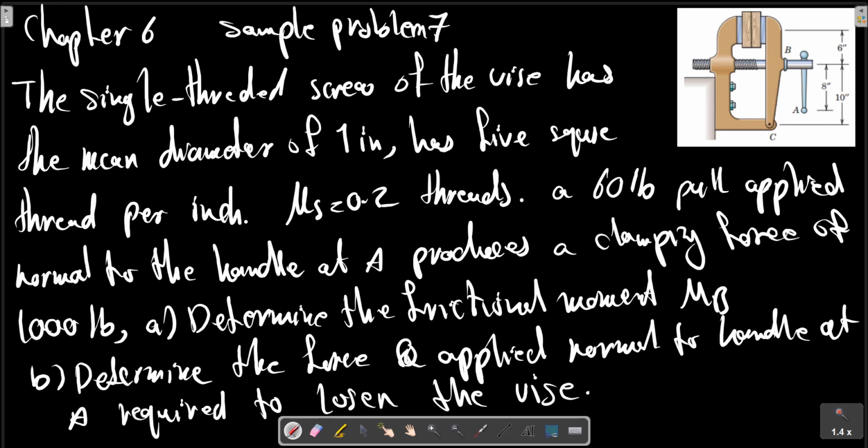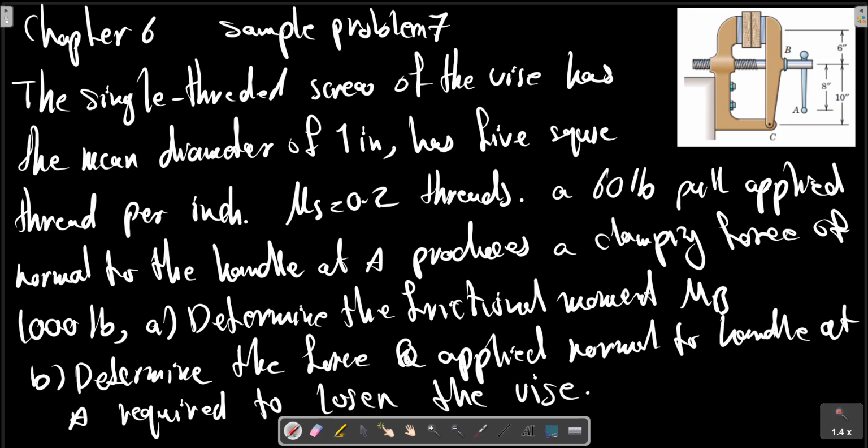Chapter 6, Sample Problem 7. The single threaded screw of the vise has a mean diameter of 1 inch and has 5 square threads per inch. The coefficient of static friction in the thread is 2/10. A 60-pound pull applied normal to the handle at A, as shown in the picture,